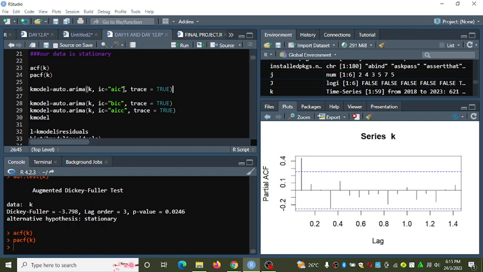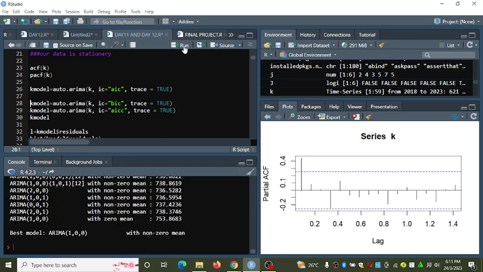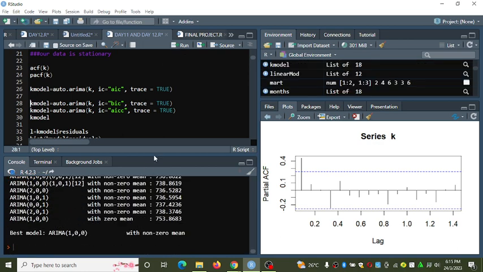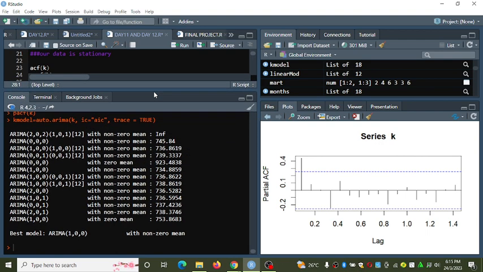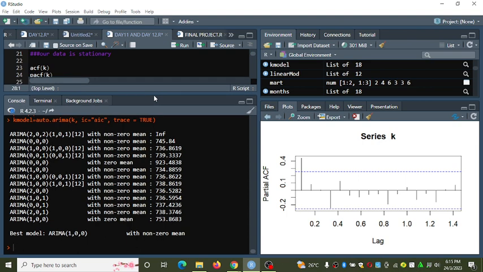And when you execute this command here, what you will get is a model, and R will produce all the possible models from that part. So all the possible models from that information, and choose the best model from these models.